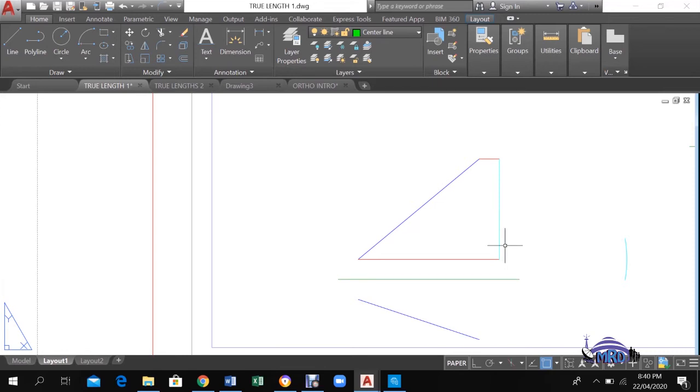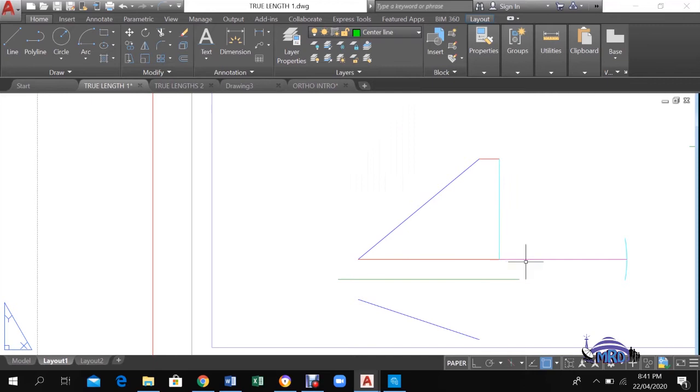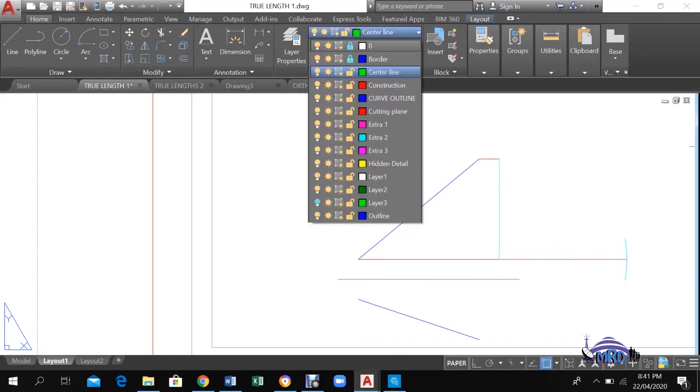The next stage for you will be to take the length of the line represented in your plan and transfer that length onto the horizontal across here. So I've got the arc for that already. Then all that you will need to do in this instance is drop that line in position as I've represented here. So this length is equal to the length in the plan. The true length then is a line connecting this point right here and this point of intersection here. This line would be the hypotenuse of a right angle triangle, and that would represent the true length of the